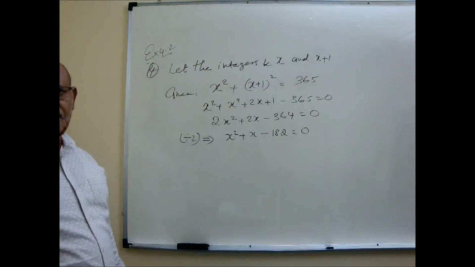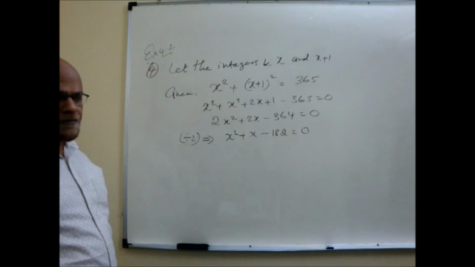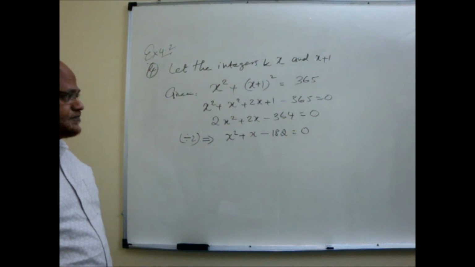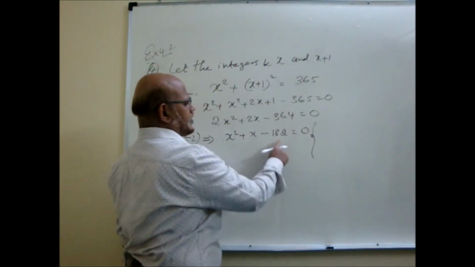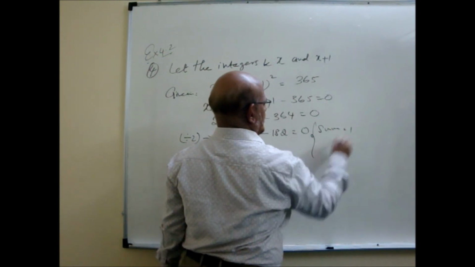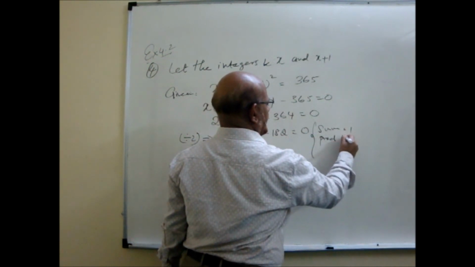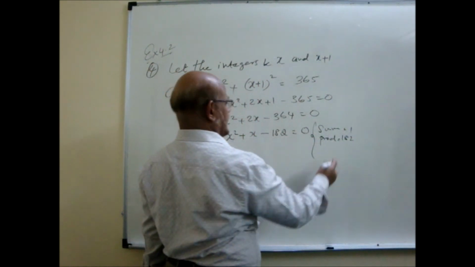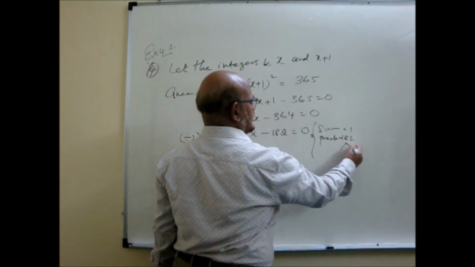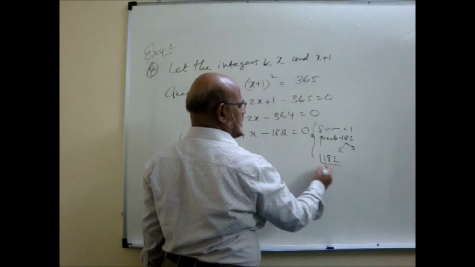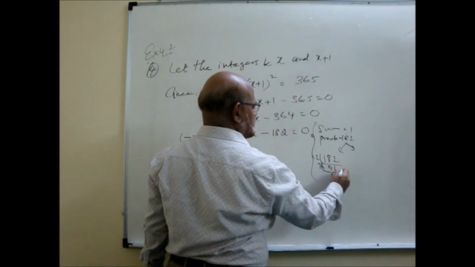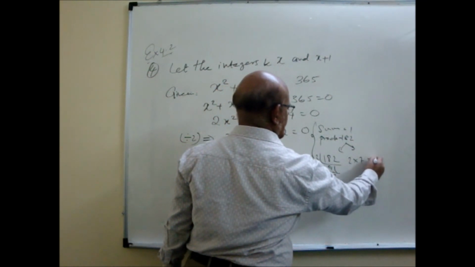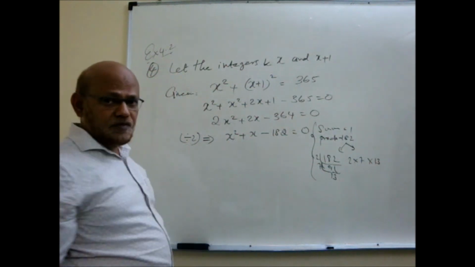Okay, now you can go for factorization. If it is easy for you, fine. If you find it harder with the factorization, then you go for the formula, any method. Okay, so maybe you can factorize: sum is 1 and product is negative 182. So you can take the numbers from 182. If I prime factorize, I will easily get it. That is 91 here, 7, then I divide by 7, here it becomes 13.